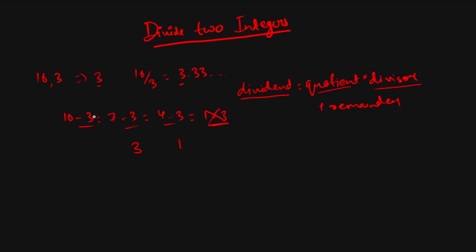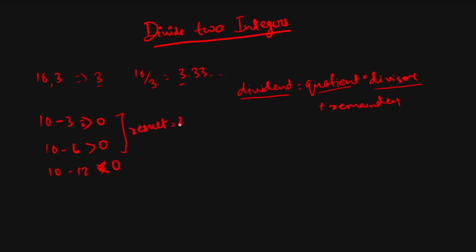Now understand the second way of doing this. If I have 10, I will subtract 3 here. What I will get is a positive number, greater than 0. So I will subtract 6. It is also greater than 0. So I will subtract 12. That is less than 0. That means my result, right now, is 2.